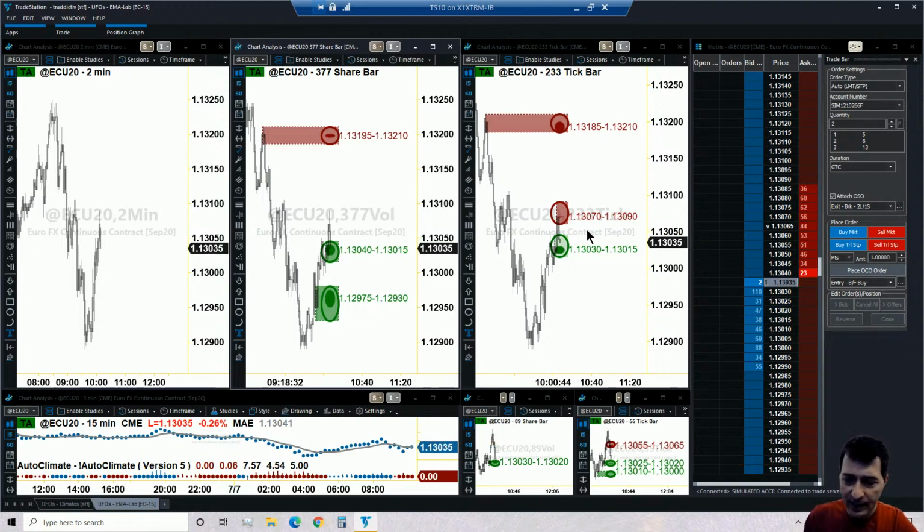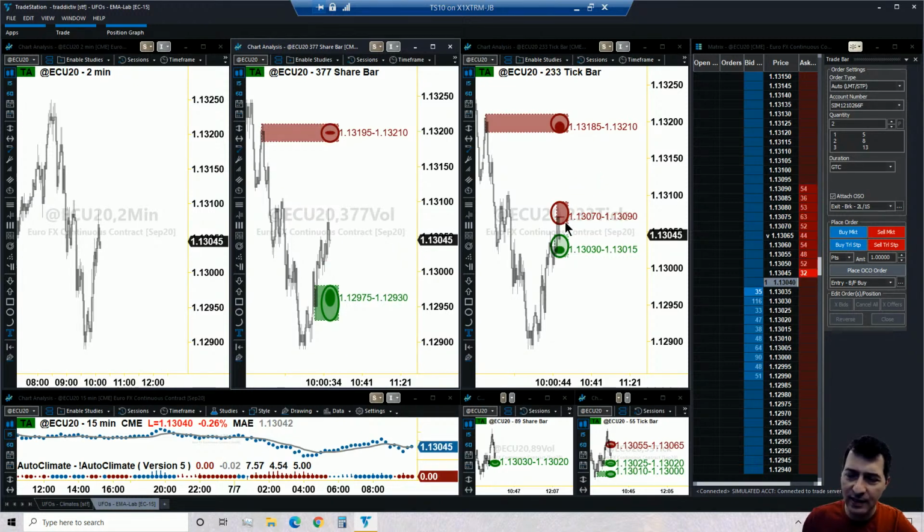So notice how I was saying earlier that UFOs may form anytime. We just got a red UFO form. Fortunately, it's located at 07 or 09, which is much higher than the reference value, being 03 or 04. So that UFO does not qualify as an enveloping UFO. That UFO does not envelop the EMA. Therefore, we will not focus on that one.